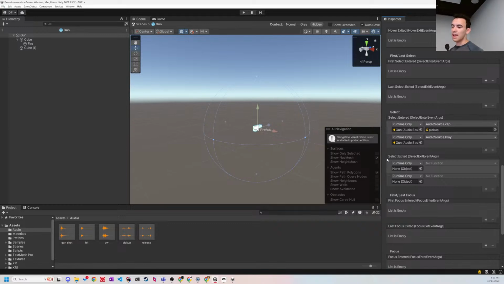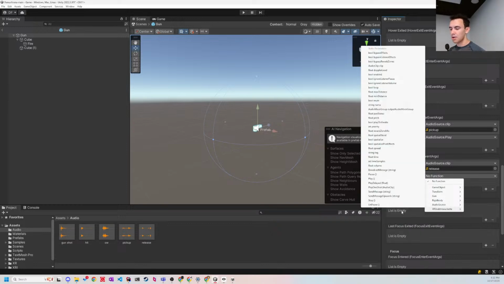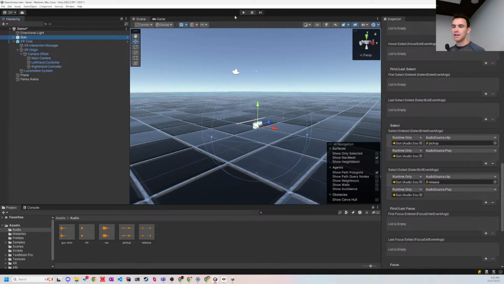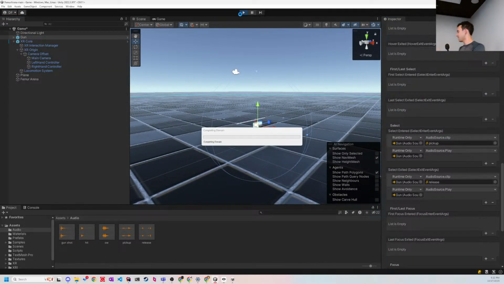Then once we drop the weapon, we're just going to set the same sort of behavior. I drag in my gun game object that has my audio source component. I click on this drop down, Audio Source, clip. I come in here with the release sound, and then I call Play. Bada bing, bada boom. I save with Control S. And now if I come back to the scene and start it up,